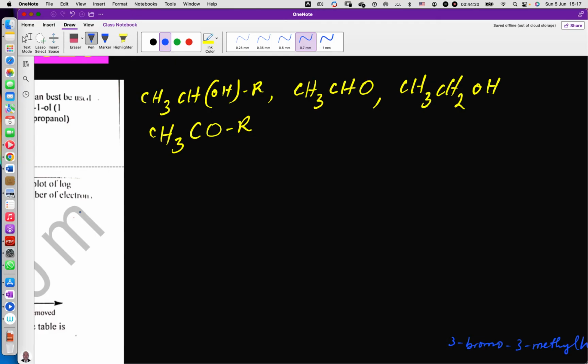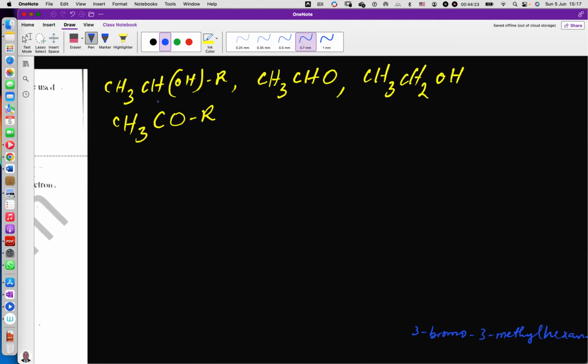For instance, look here. I said any compound. That test, the iodoform test or the triiodomethane test, is used to identify any compound that has a methyl group. This compound has a methyl group. This methyl group is on the carbon atom that is bearing the functional group. So any compound that has a methyl group attached to the carbon atom that is bearing the functional group,